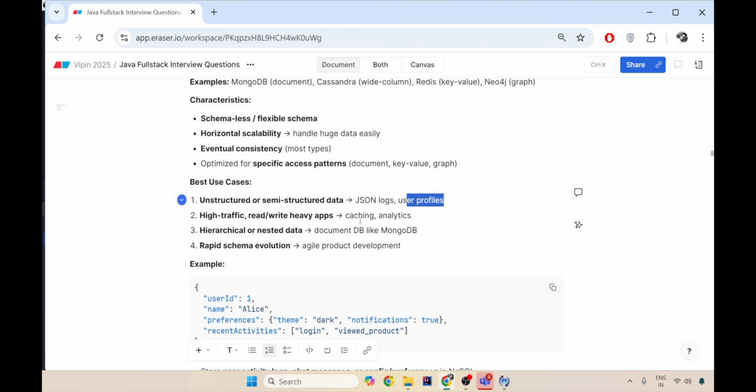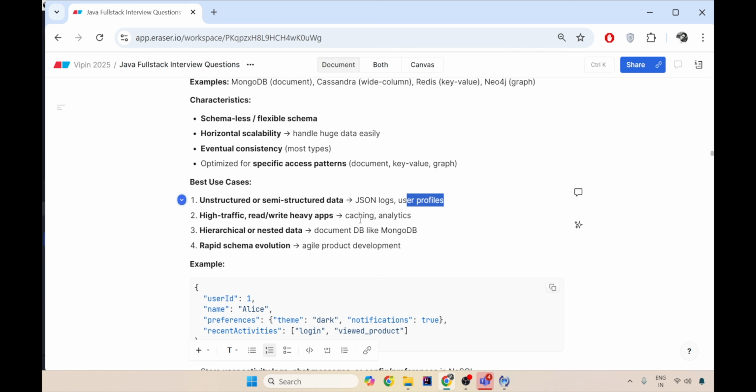A product, if it is an electronic product, will have completely different columns. If it is a household product, the properties will be completely different. So in this case, you can always have unstructured data for the product details API. So you can always use a NoSQL DB here.